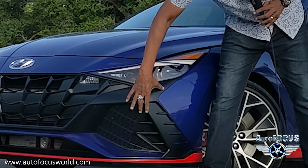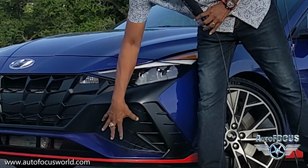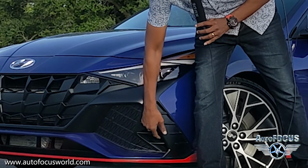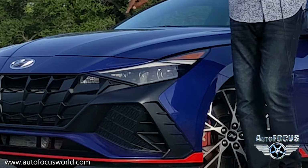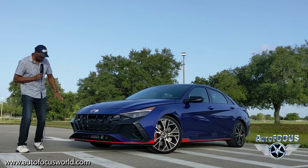Cool design here. Nice barrier here with these wedges here. Slides back. Beautiful design here. All right, a little air goes in here, but down here you got the spoiler and that red N trim that goes all the way around the bottom. And that's one of the cool things about the design. So you've got sort of two